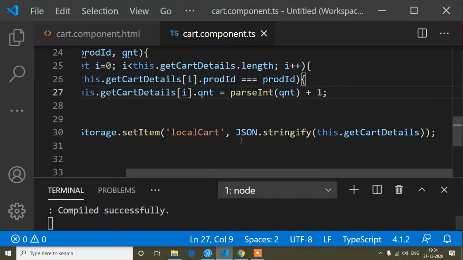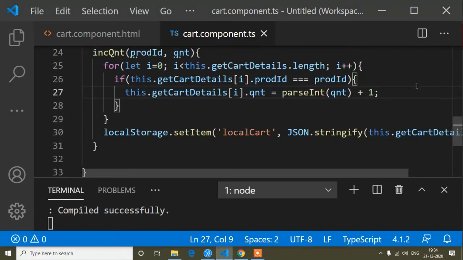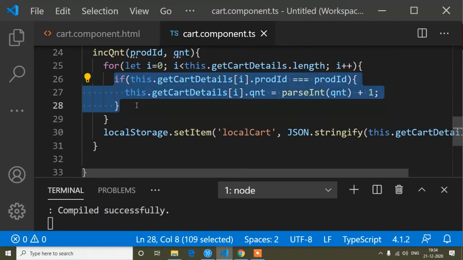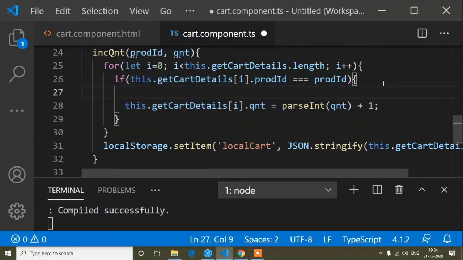So for that, here I have to write another if condition inside this if condition. That means when the ID matches, then I have to write another if condition, that is, the quantity will be increased only when it has not gone up to 5.